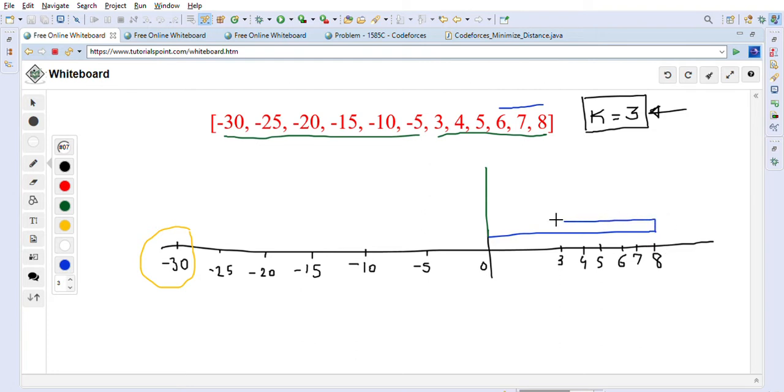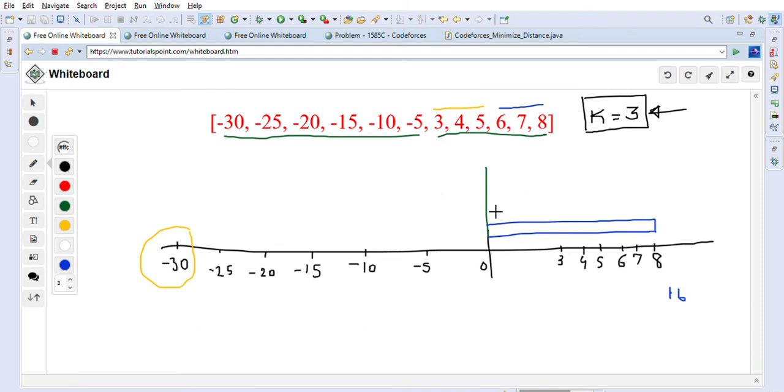And then we have to again come back. So this distance is 8 plus 8, correct, which is 16. So let's say this is the 16th distance. Now we are done with 6, 7, 8, right? Now next we have to choose 5, 4 and 3, right? These are the 3, because 3 maximum we can cover in one walk, right?